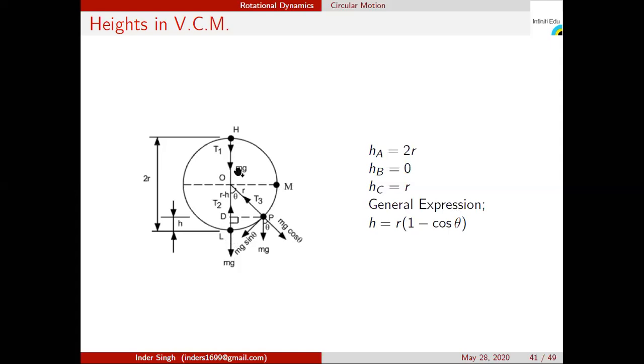The particle is assumed to be starting from the lowest position. If you want to perform vertical circular motion, you take a thread, tie a stone, and then rotate it in vertical circles. But what will its starting position be? In general cases, the starting position will be the bottom position, the lowest position L. It will be moved in this anti-clockwise direction. This is the angle of measurement theta, measured from the lowest position. So how do we get the general expression? Let us understand that.